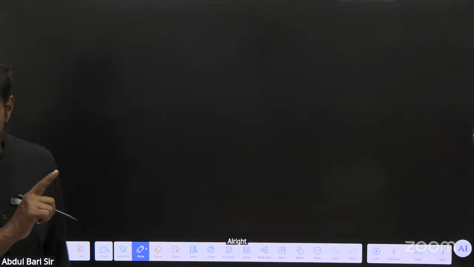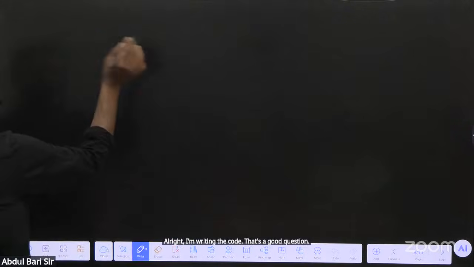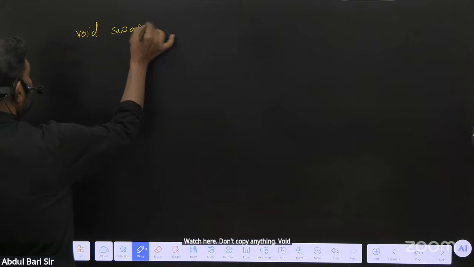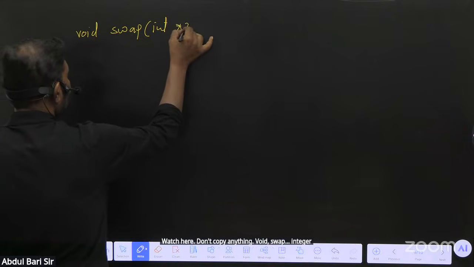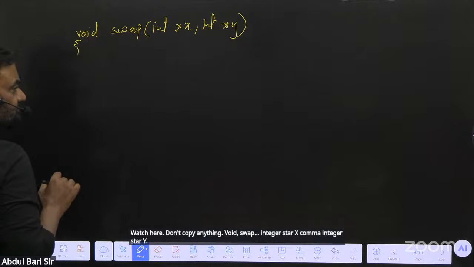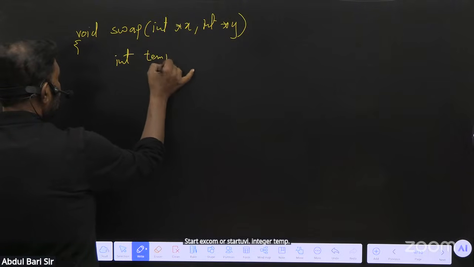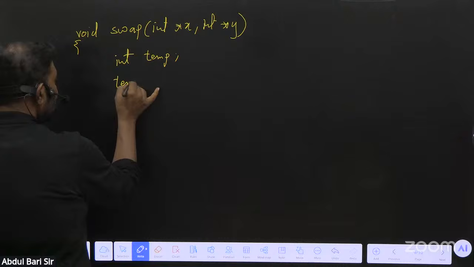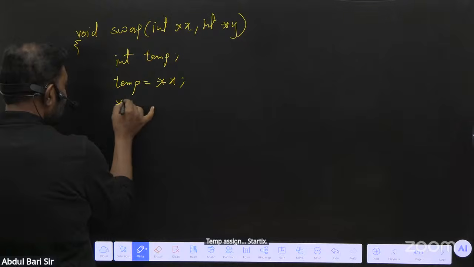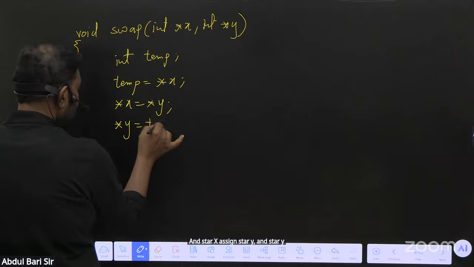All right, I'm writing the code. It's a GATE question. Watch here. Don't copy anything. Void swap(int *x, int *y) { int temp = *x; *x = *y; *y = temp; }